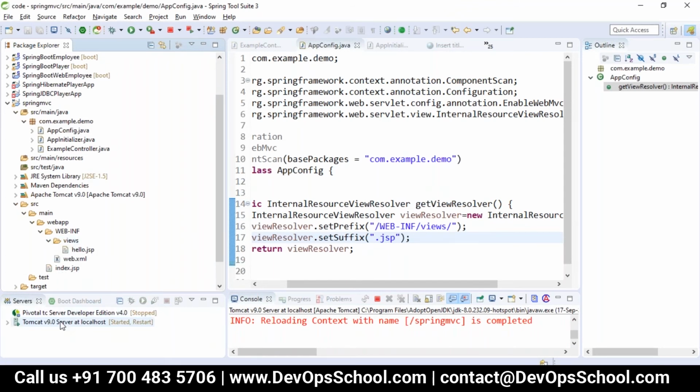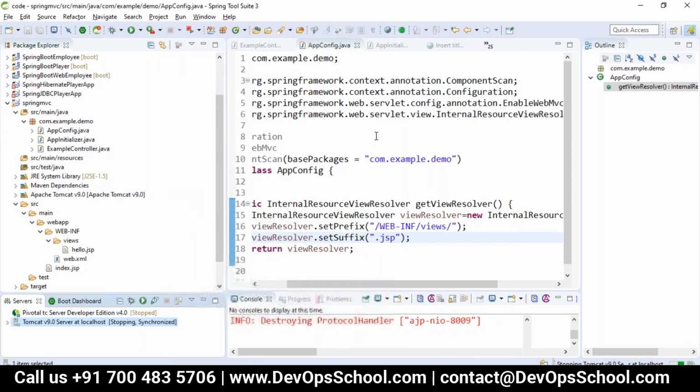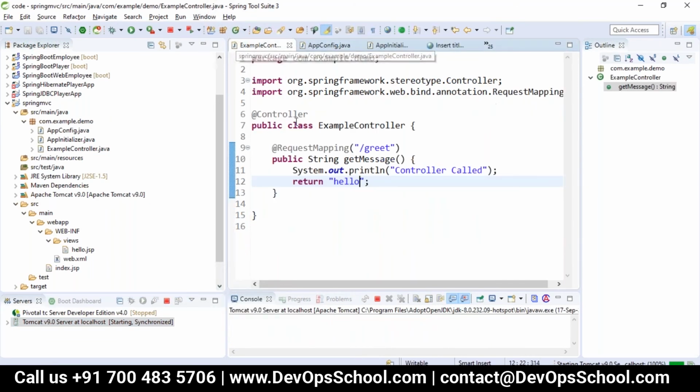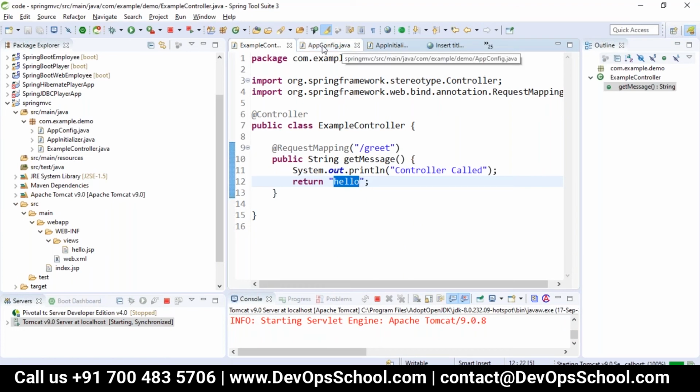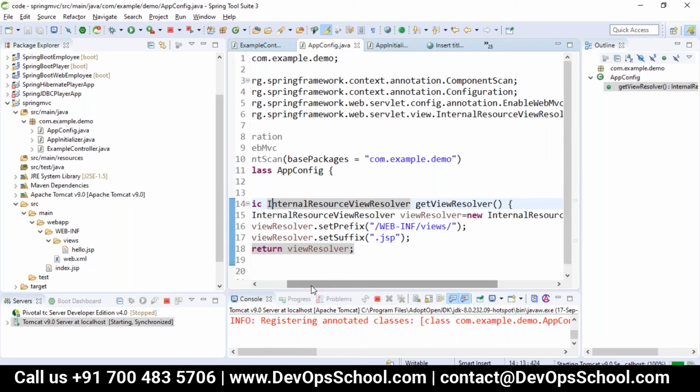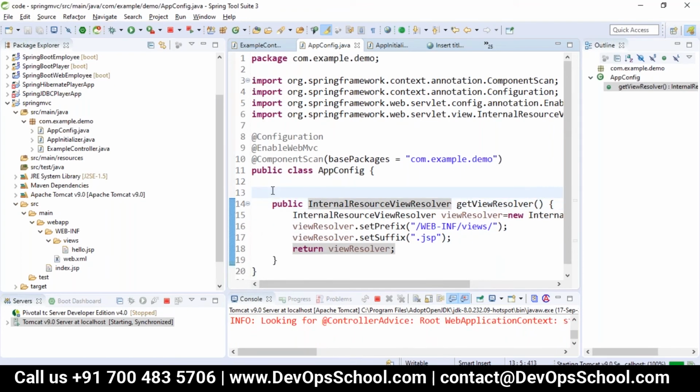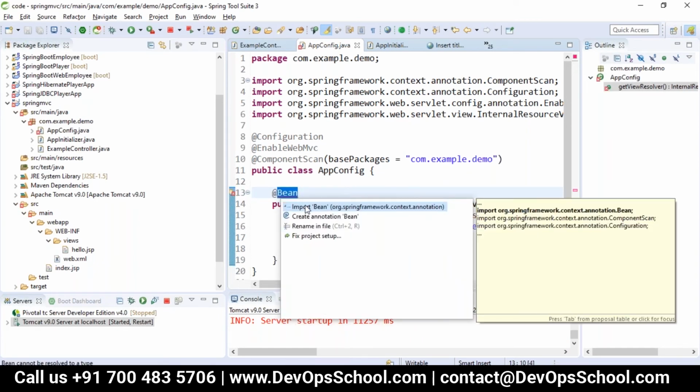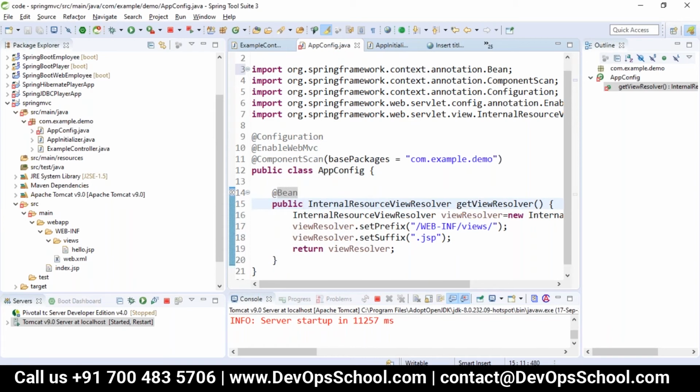Let me just reload my application. Whenever you send a request to this, it will only return a string called hello. Then it will come back to your app config and see, okay, you have configured the InternalResourceViewResolver, but still it does not work because you have not annotated it with the bean, because every bean should be annotated, else it will not create the object inside the Spring container.